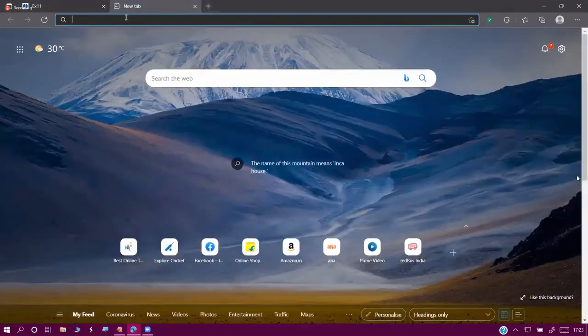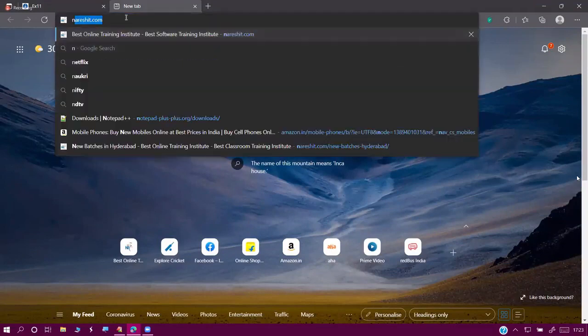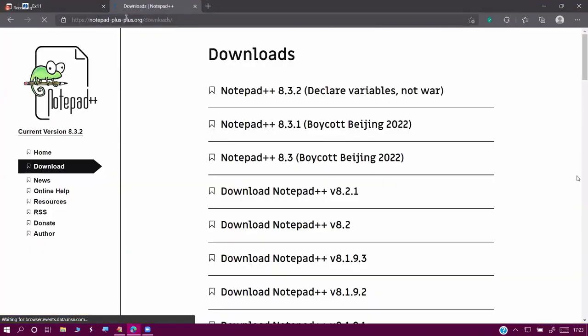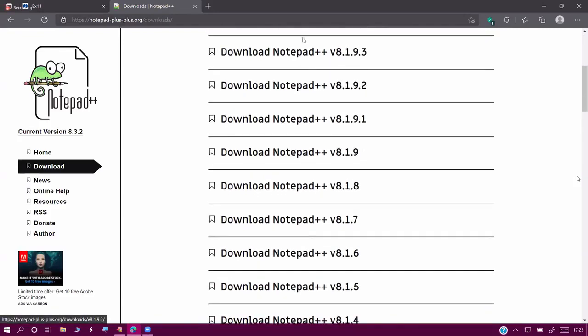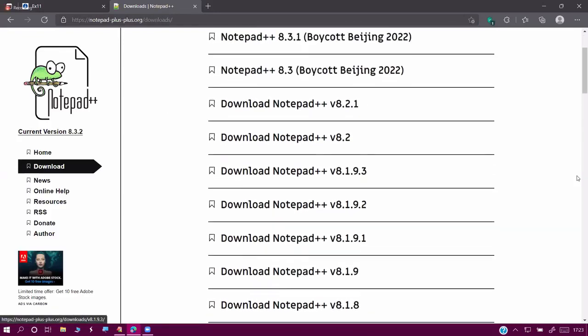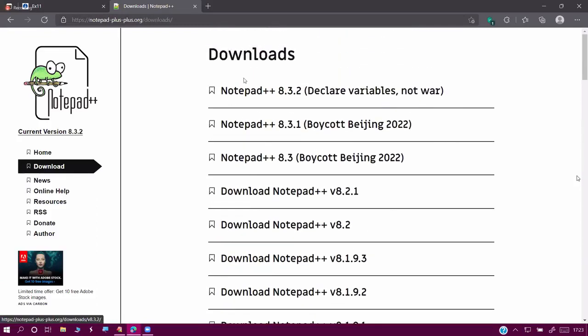So go to EditPlus or Notepad++, whatever it may be. You can download Notepad++ 8.0, 8.3 is available here. If I click here, sir,